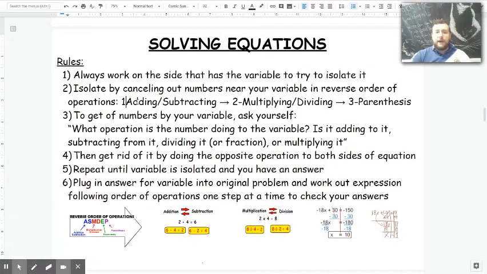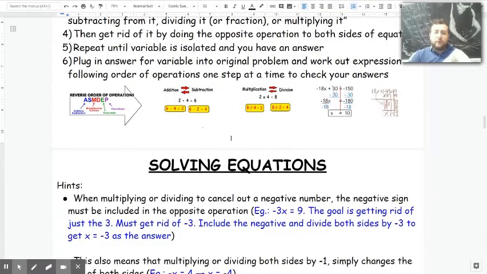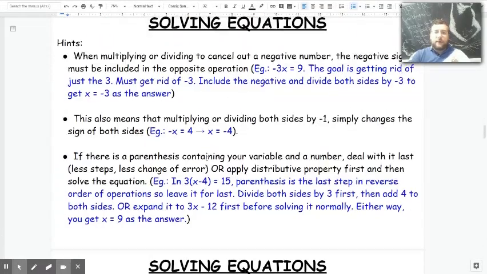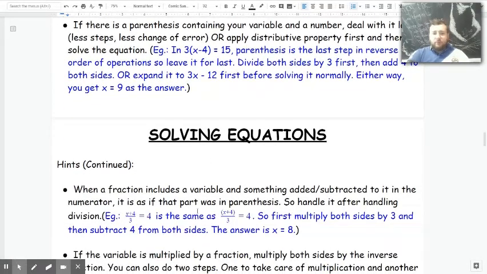So if you do it that way, I find that there's less chance to make mistakes because you're going to make fewer steps. And so that's the way that I prefer to do it. I leave the parentheses for last. And by the way, I would also like to mention that if you have a situation like this, where it